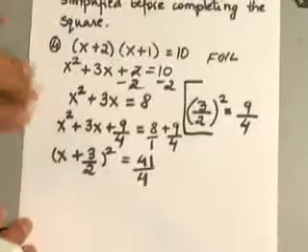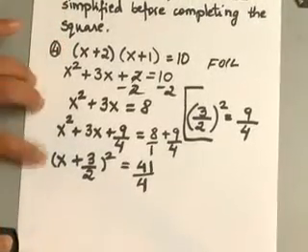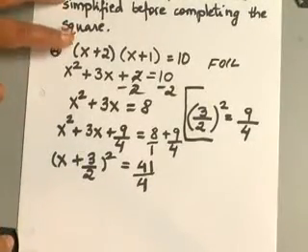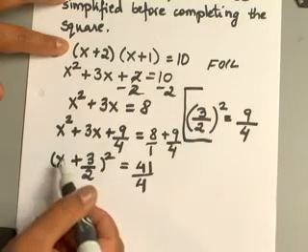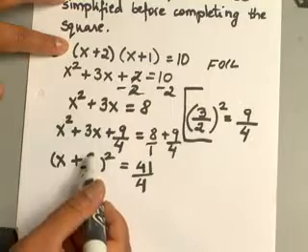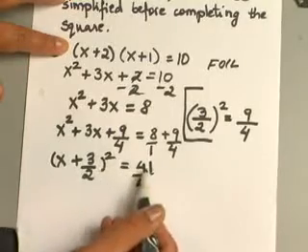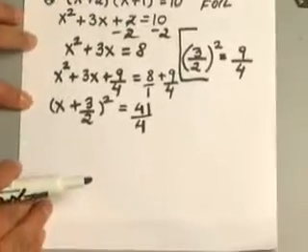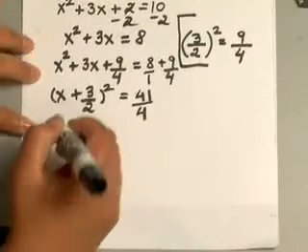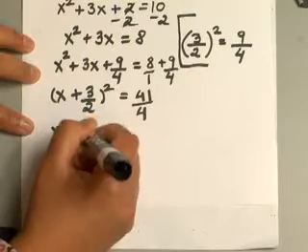Okay. So you can see what the difference was between the original and now. The original was not a perfect square trinomial. You couldn't break it down into this form. Now that you have the x plus b whole quantity squared equals k format, now you are ready to apply